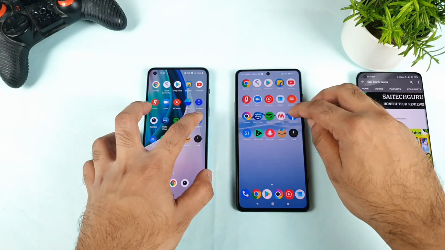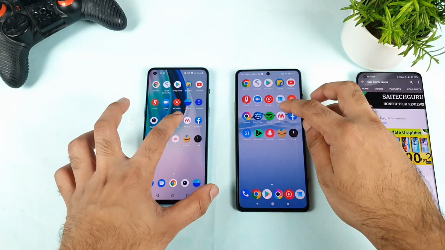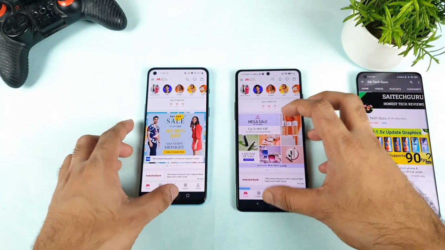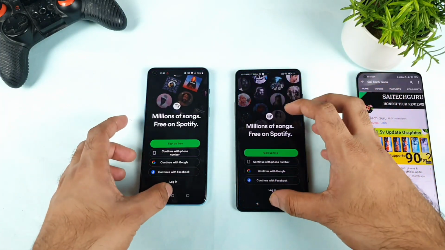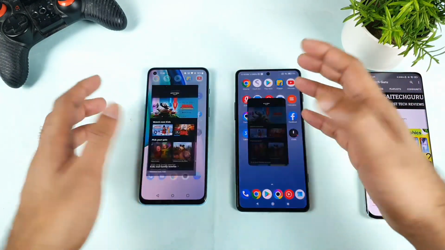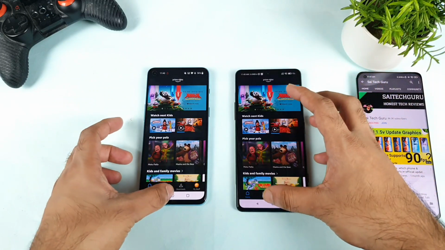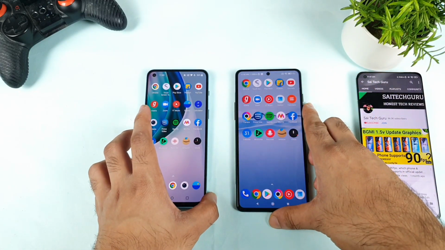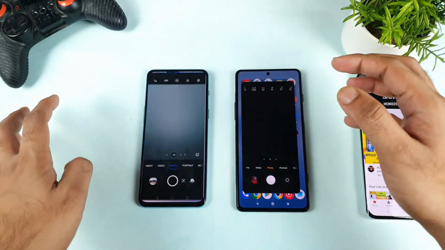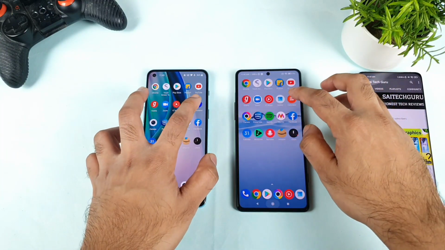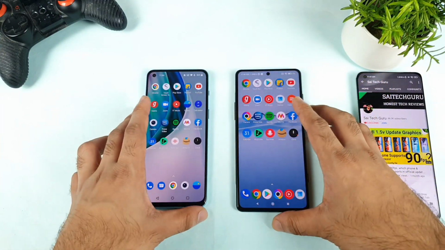Calendar, no problem till now. In the speed test overall, both phones were able to perform 50-50 chances. So I did not see much major difference between both phones, because both phones have the Dimensity 1200 chipset only, and both phones are 8GB RAM variants, which I'm trying to use in the processor demonstration. So till here no issues, friends.